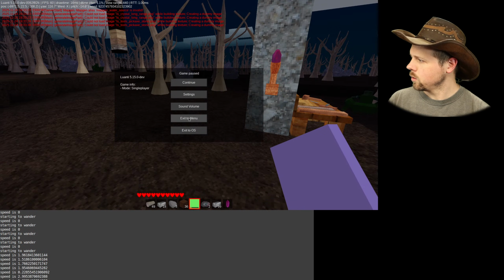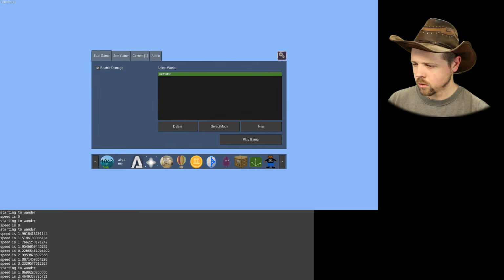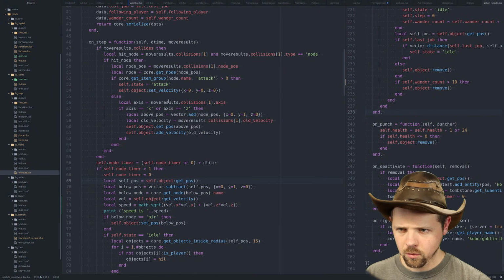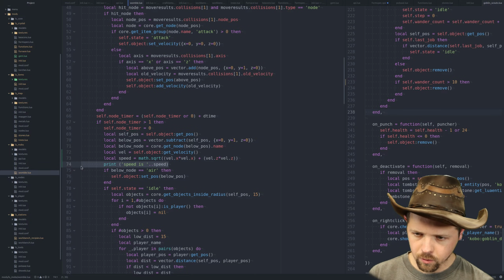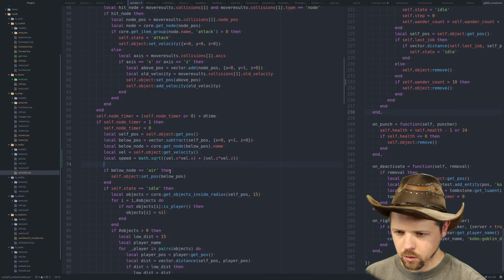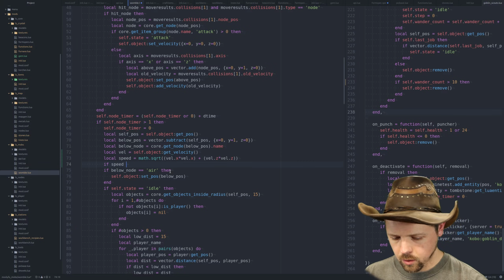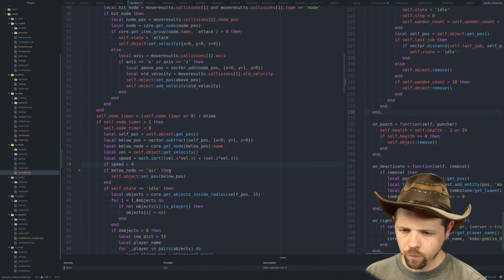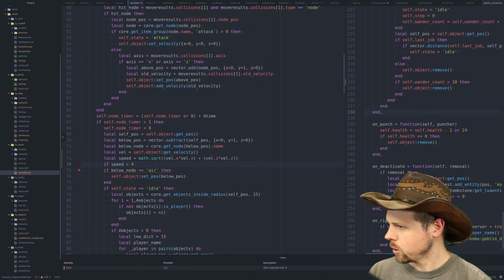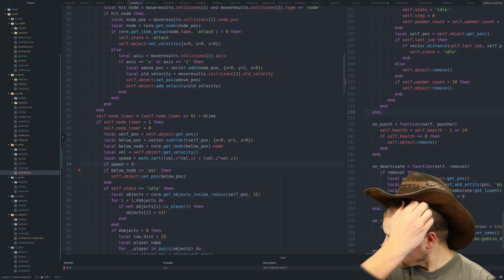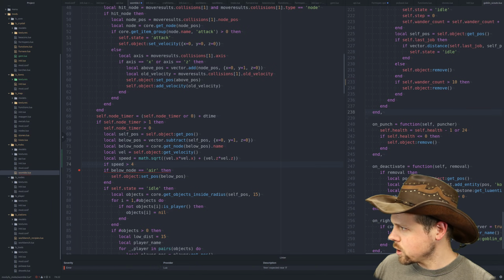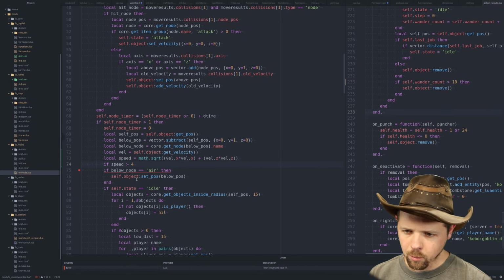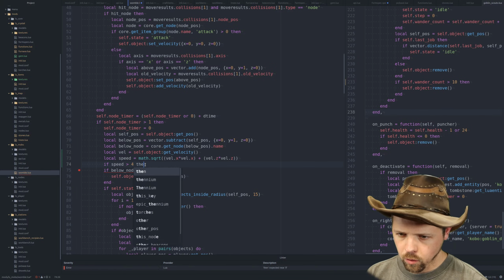Okay, so I think what we're going to do... This didn't seem so difficult. We're just going to come here. We can get rid of this. Then we're just going to do if speed is greater than 4. Let me just actually look through here, see what kind of values. I got one at 12, one at 5, one at 10. Most of them are 1 or 2, which seems fine. And then if it's chasing you, it should go up to 3. So, yeah, if speed is greater than 4, then